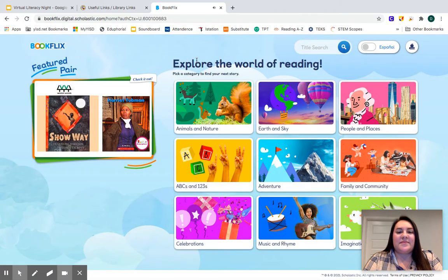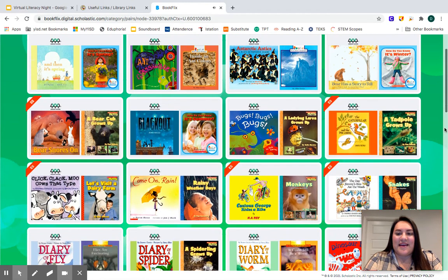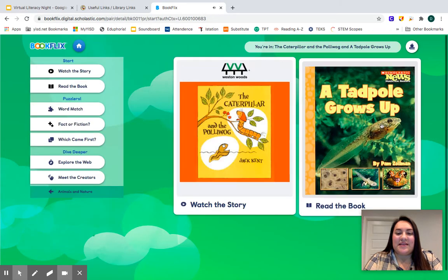Once you come into the Bookflix website, there's a bunch of different categories that you can pick from as far as books go. But for today, we're going to go ahead and go into Animals and Nature. And the book we're going to take a look at is going to be The Caterpillar and